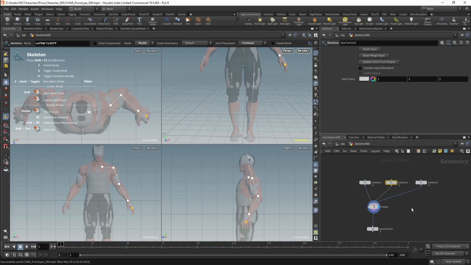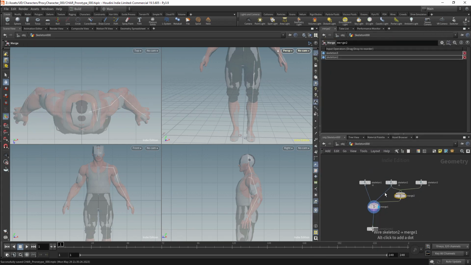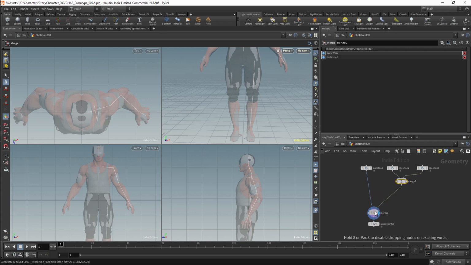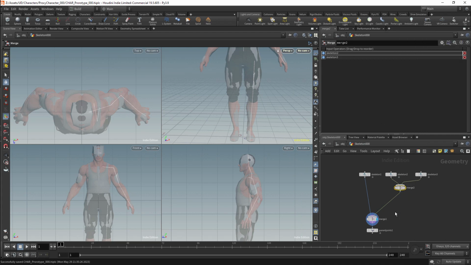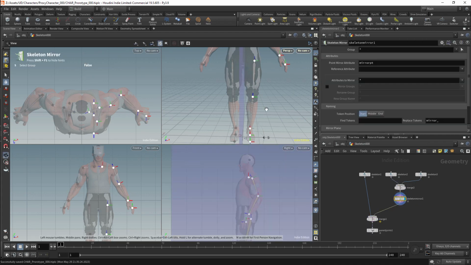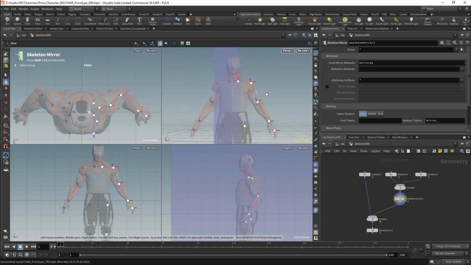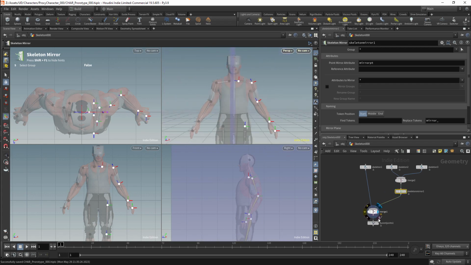I'll merge the arms and legs together separately. This is not technically necessary, but this is an easy way to organize this. I can then get a mirror skeleton node, and I'll connect it after the merge node. This will mirror my arms and my legs. This will give me my final structure for the rig, and I should now be able to do the parenting